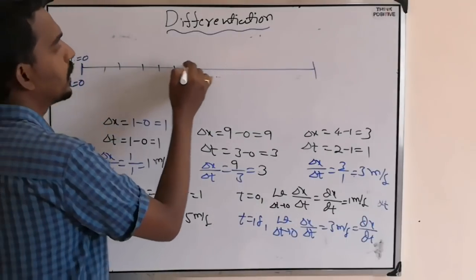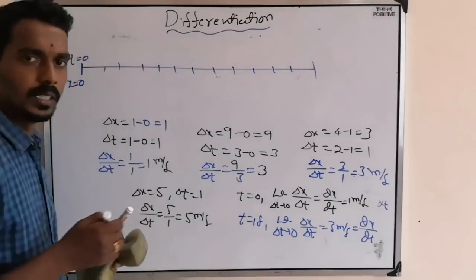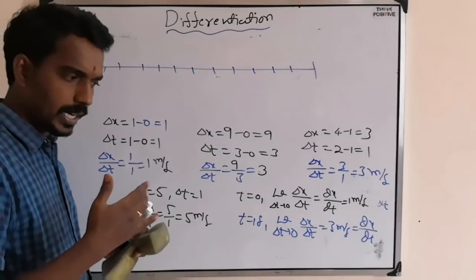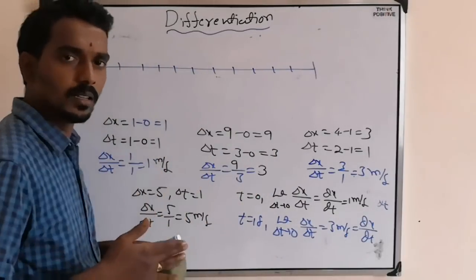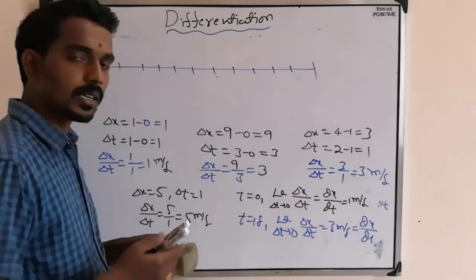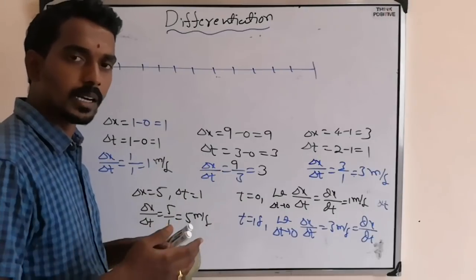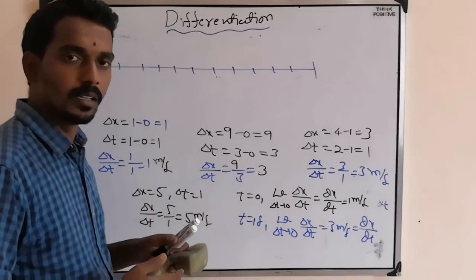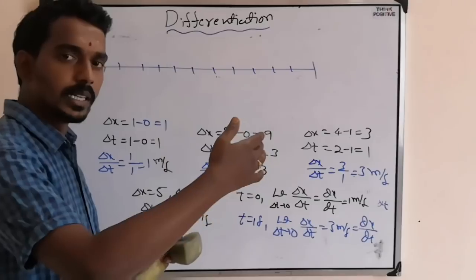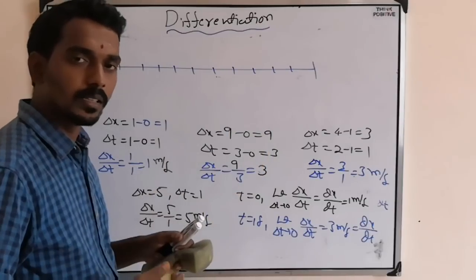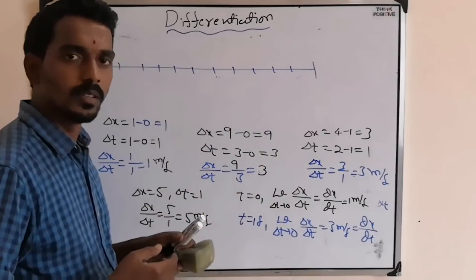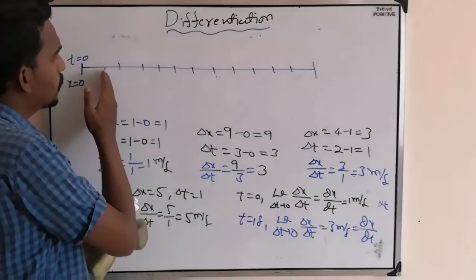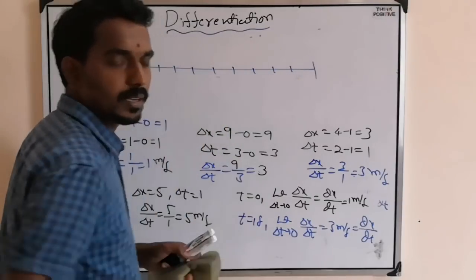But what happens in the middle? Is it true that the speed of the car is the same everywhere? No. There may be one traffic signal. You may stop the car. There may be one speed breaker. You may slow down the vehicle. There may be some idiot who comes in the path. Then you have to slow down. So it happens. So the speed of the vehicle changes at every point.